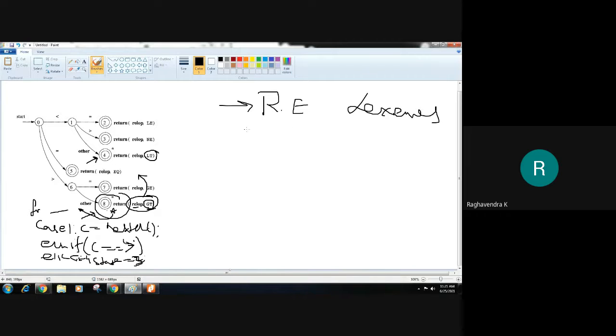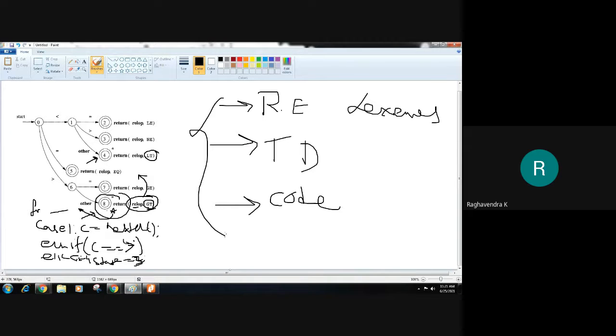Once we do that, then represent that regular expression in the form of a transition diagram, so it will be easy for you to represent the same. Then convert the transition diagram into a piece of code. These are the processes that are involved in generating a lexical analyzer.